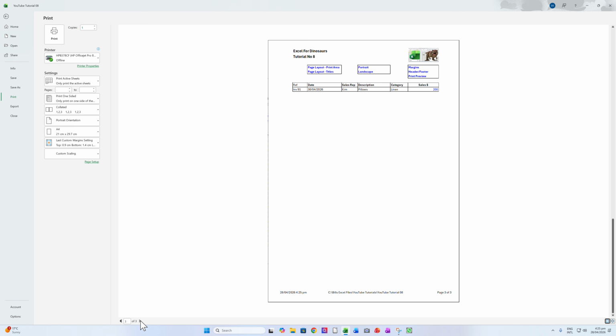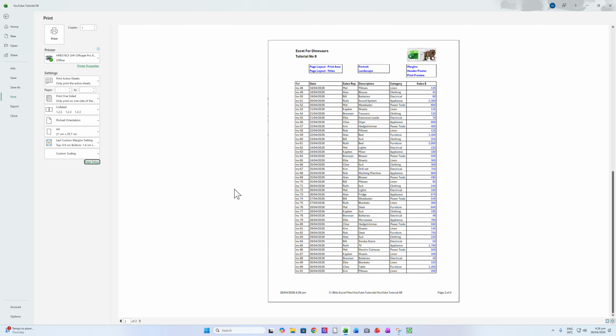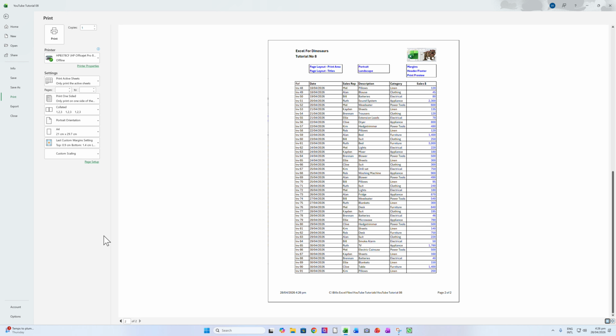So if you had a bundle of documents, say 10 pages, and you drop them, you'd know exactly what they were because you've got the page numbers on the bottom. I'm not sure why it's showing 3 pages, so we'll go back. It shouldn't be. I did ask it to be 2 pages tall, so I will reduce the size down to 90 and see what happens. There we go. So page 1 of 2, page 2 of 2,